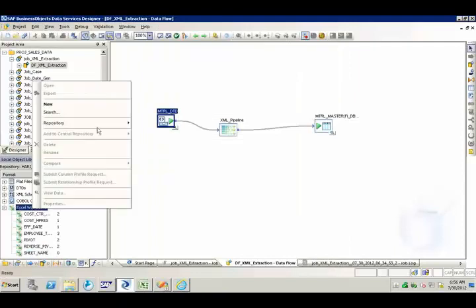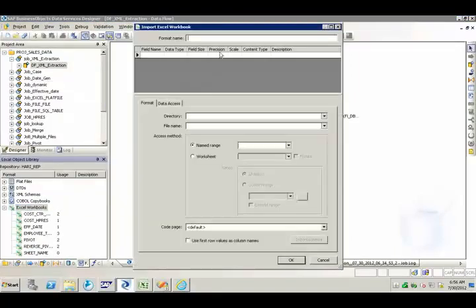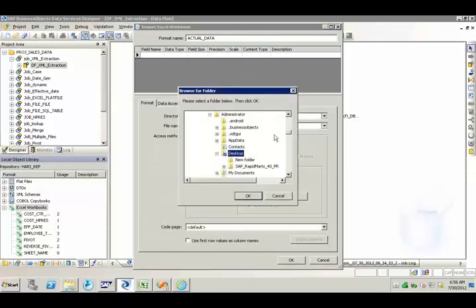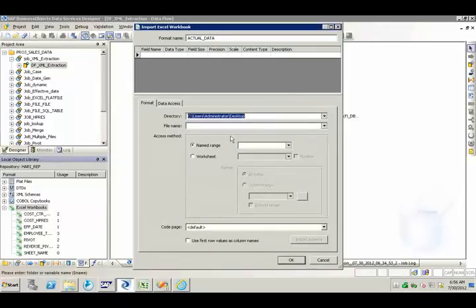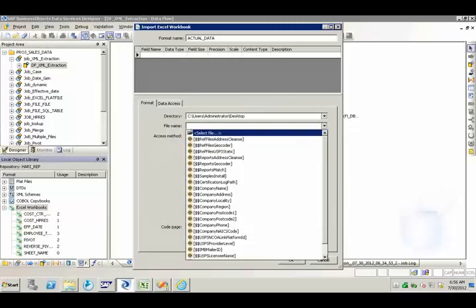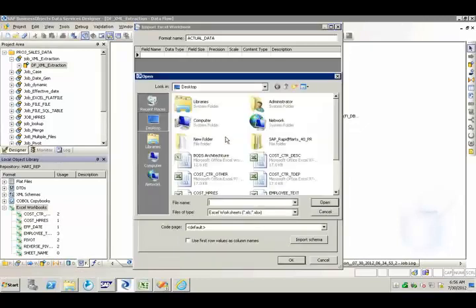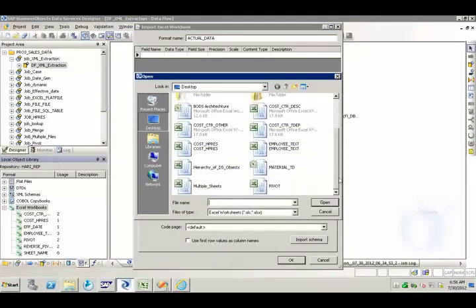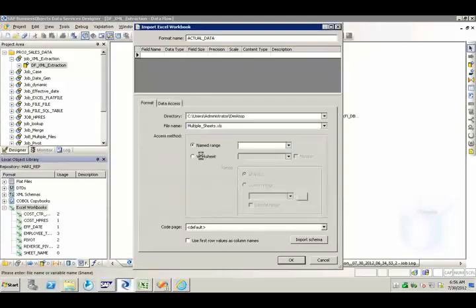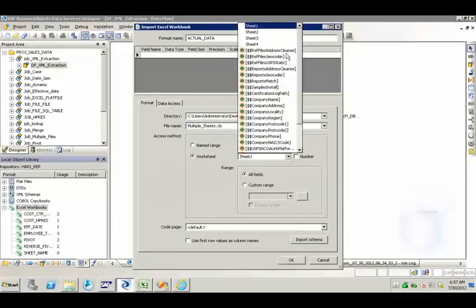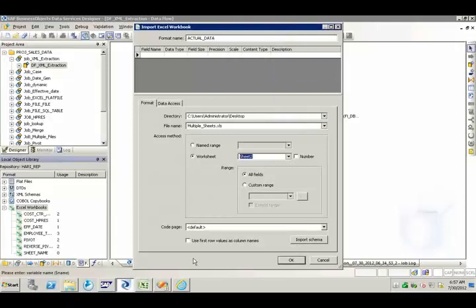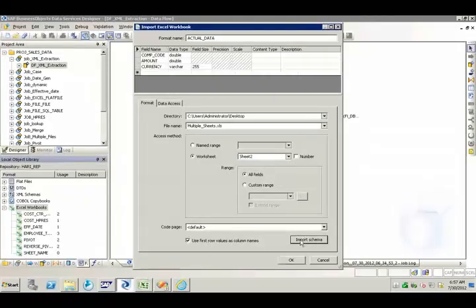Next, I am creating another one. So giving the name as actual data. So I am just browsing and selecting for the time being. So I am selecting the desktop and straight away selecting the file for the time being, because I haven't defined the variable so far. Once I define the variable, again I will come back here and I will change the sheet name to the corresponding variable. Perfect. Now we got the structure as well.